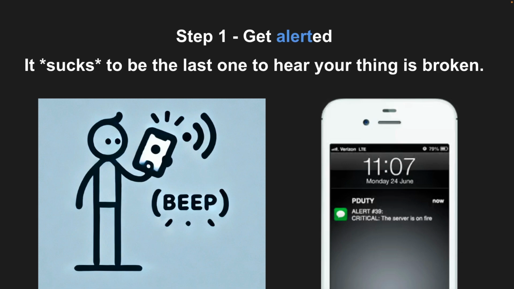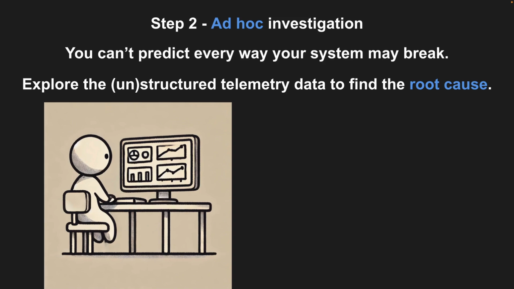All right, so once you know there's a problem, step 2 is to investigate the problem. You can't predict every way that your system may break. And honestly, even though there are lots of things you can predict, I think up front, it's often a waste of time to predict all the ways that your system could break because it could be for a million different reasons. Now, there are some common ways that all systems tend to break, and I put those things into a